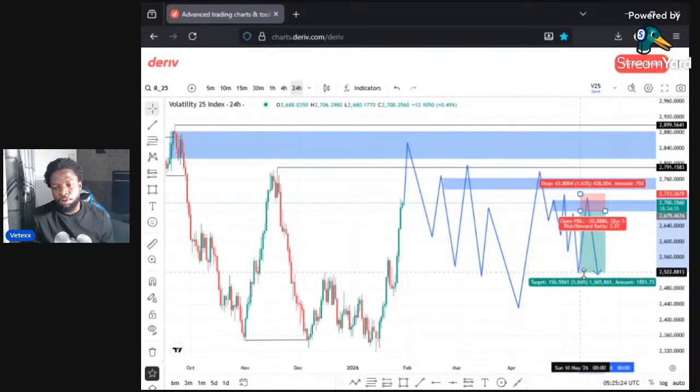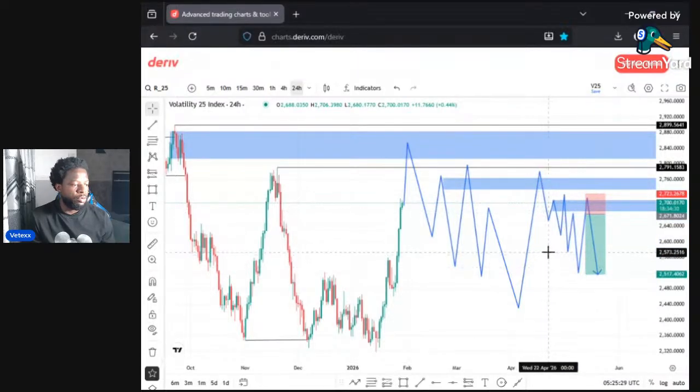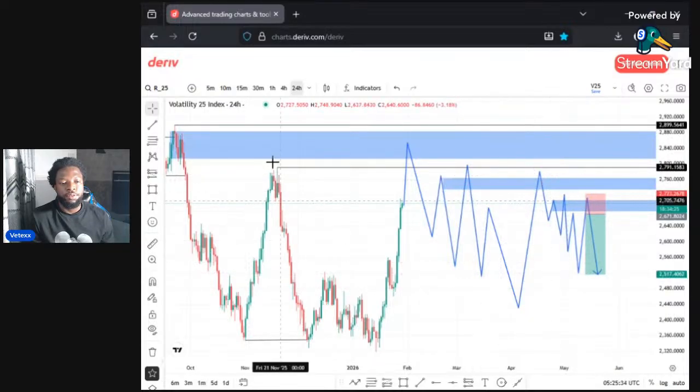Our take profit level is here. So this is what we are going to be doing. I believe this is quite simple. Okay, this is it. 24-hour time frame point of interest, scale down to the 4-hour time frame, find another point